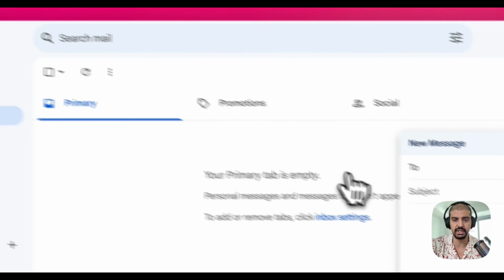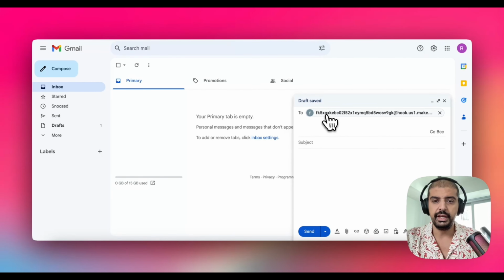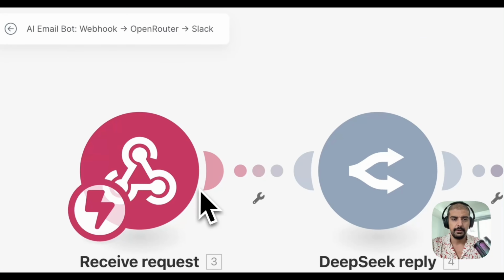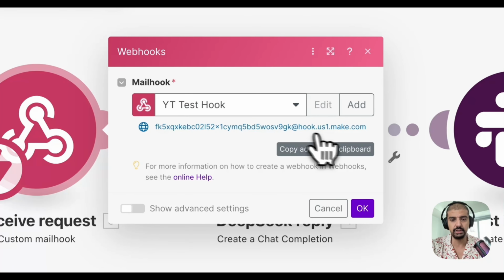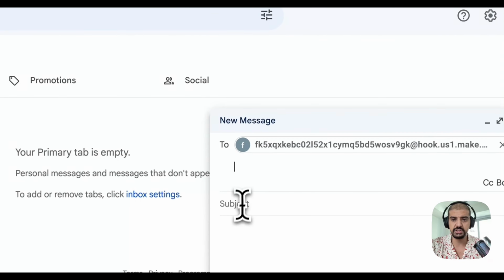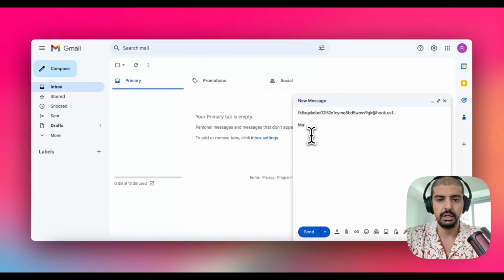And this is just a test account, and I'm going to paste the actual webhook, okay? So the webhook that I've copied from this here, right? This address is just an inbox. It's an internal inbox at Make, okay? So I've pasted that here,